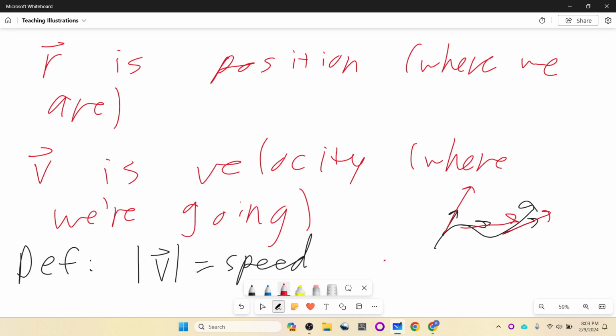So, absolute value of v is speed. Keep that in mind. And what we want to avoid is any idea that how fast you run along the curve has anything to do with its shape. So oftentimes we're going to want the speed to be 1. But let's not do that just yet. Let's start off